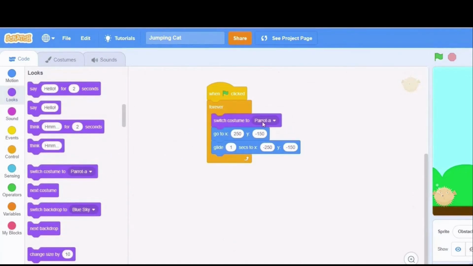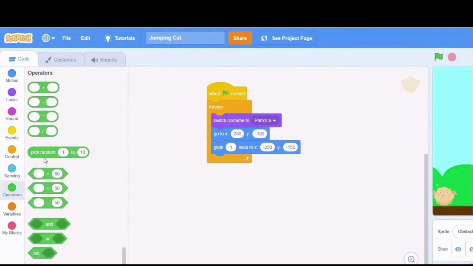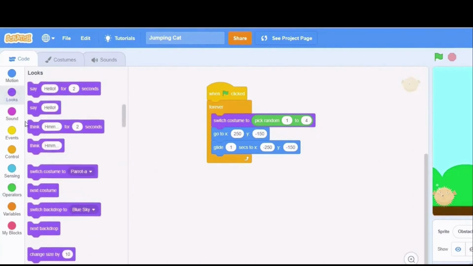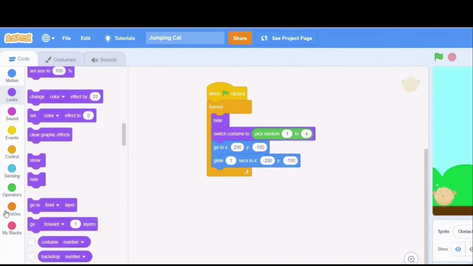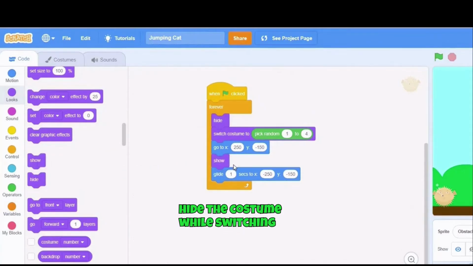And switch it randomly to one of the 4 costumes at the start of the loop. I will also hide this costume when it is switching while moving back to the right, just to make it appear cleaner when viewing.